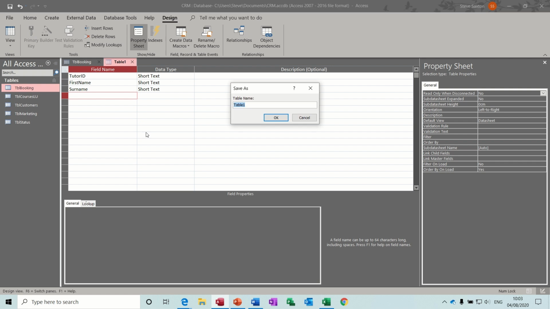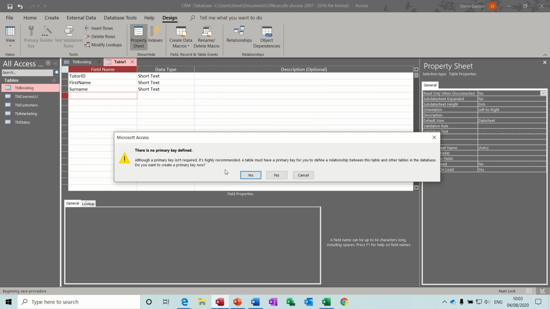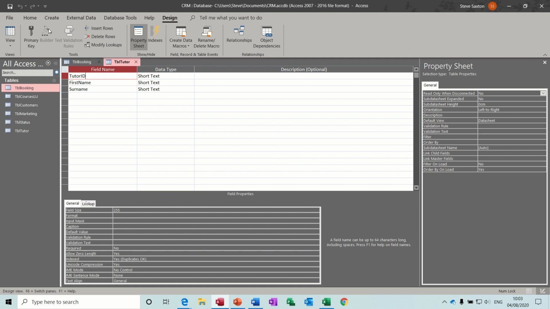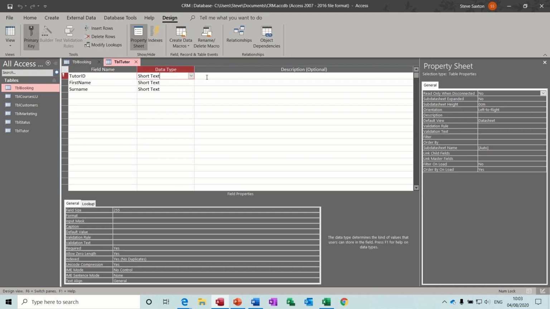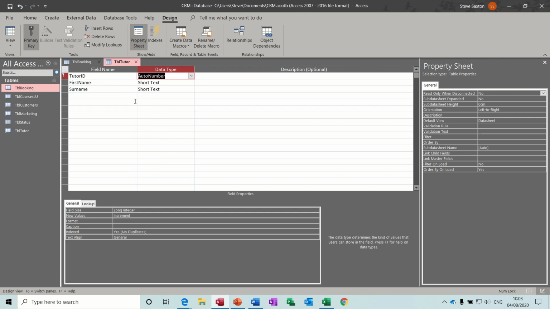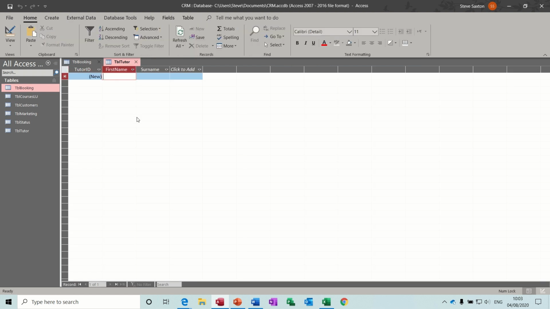So if I save that one as TBL tutor, okay to that one, I'll set primary key with that, tutor ID, save, and just add a couple of people. In fact, go back into that, that needs to be set to auto number, so it just gives me an auto number, so I don't have to worry about that. Save. So if I put my name in there as a tutor,